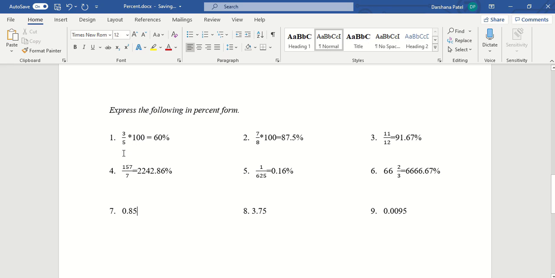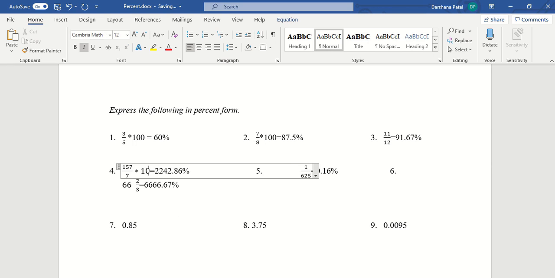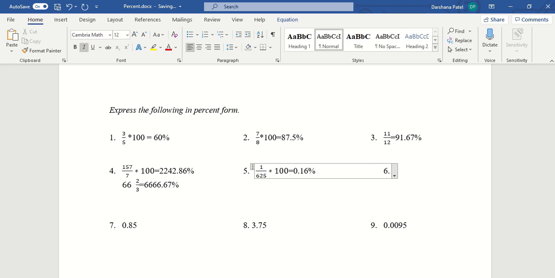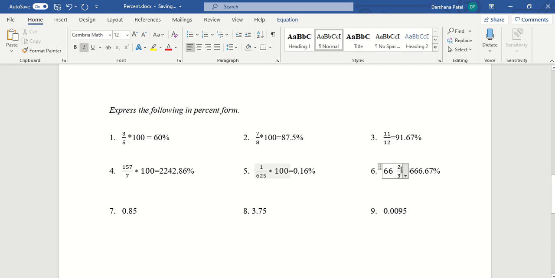Multiply this by 100. So I didn't show multiplying this by 100. Basically, that's what we did, okay? So times by 100 here, if we were to do that. Okay, and this is again, we multiplied by 100. That's how we got there. And then same thing here, multiplied by 100. And that's how we have got there.